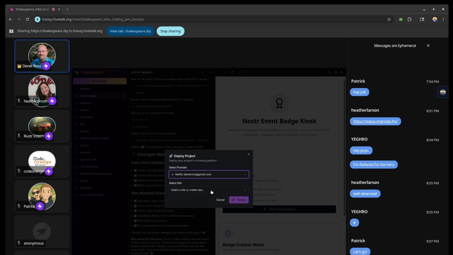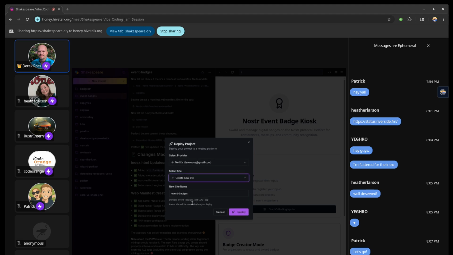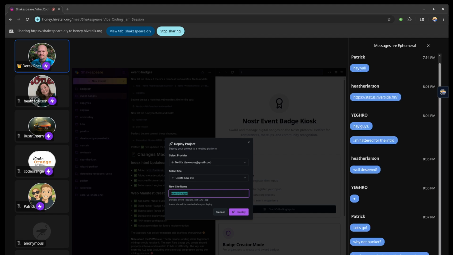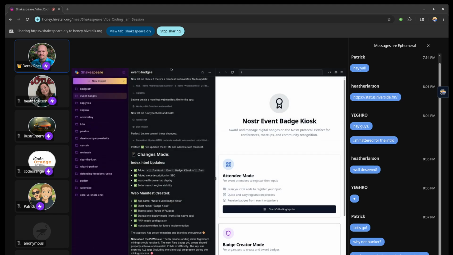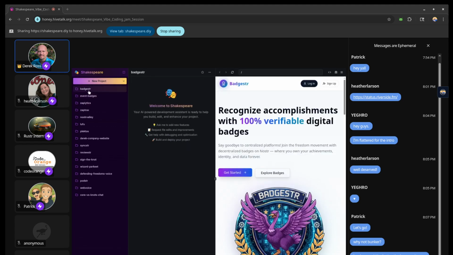Since I have not deployed this to Netlify, it says select a site or create new. I would create a new site if I wanted to. It automatically uses my naming convention here, which you can edit and change to anything you want. You hit deploy, and it deploys it. And then instantly it's automatically available on Netlify. So really cool. I actually did this earlier for this badge site here,